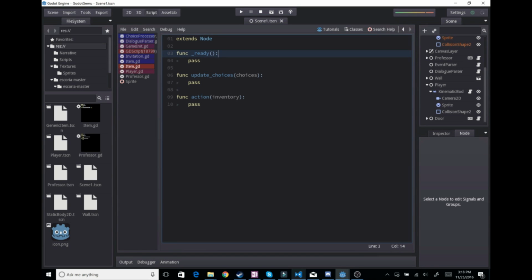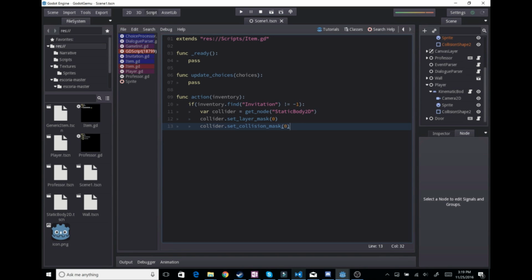And it has an init, it has this update choices, which I'll show you guys in a sec, and you can choose to do an action. In this case, the door is the only one with an action. You can see if we find that the invitation is in the player's inventory, we just turn the collider off. And this is where we could add a door open animation, we could add a door open sound right here